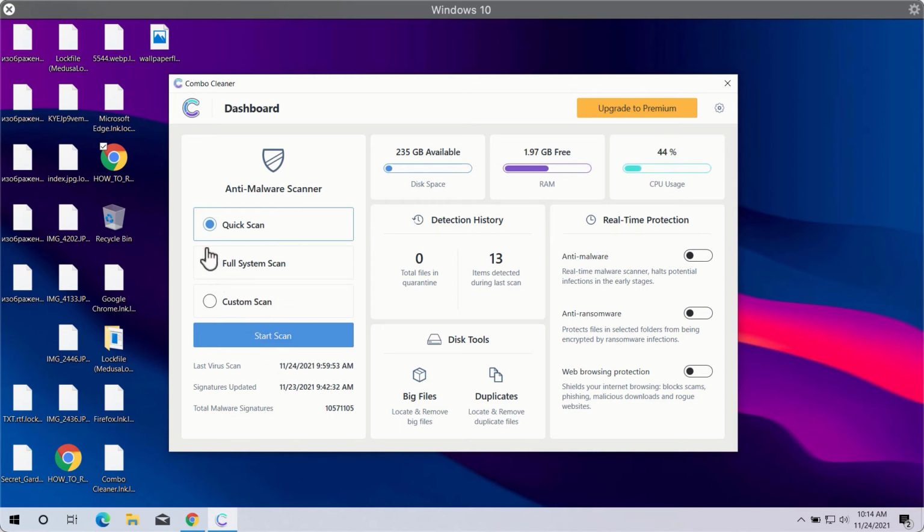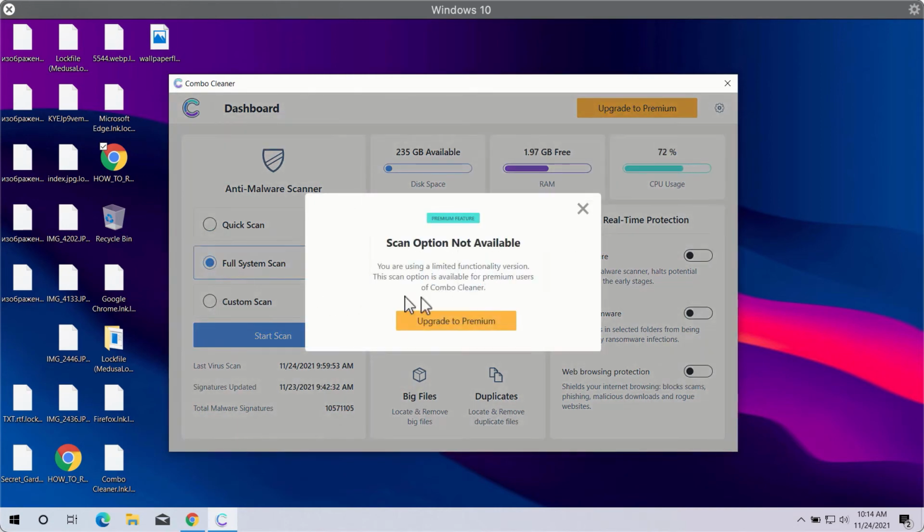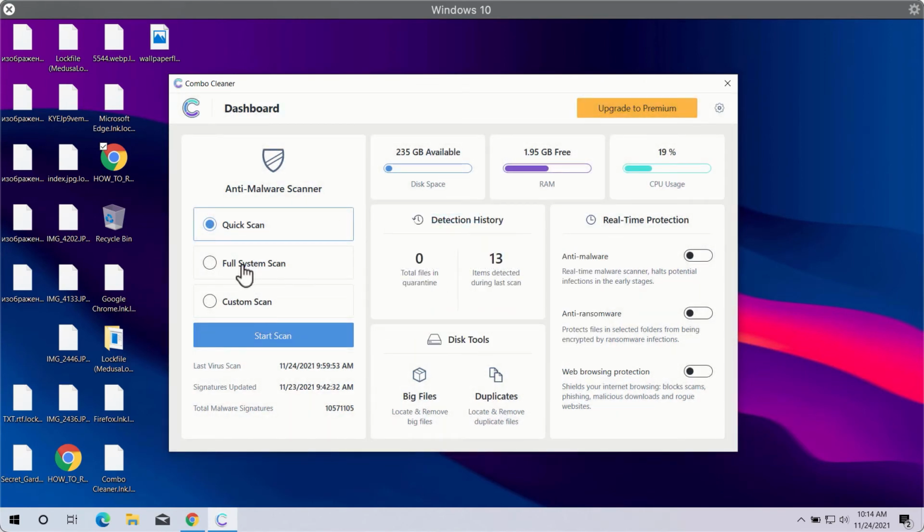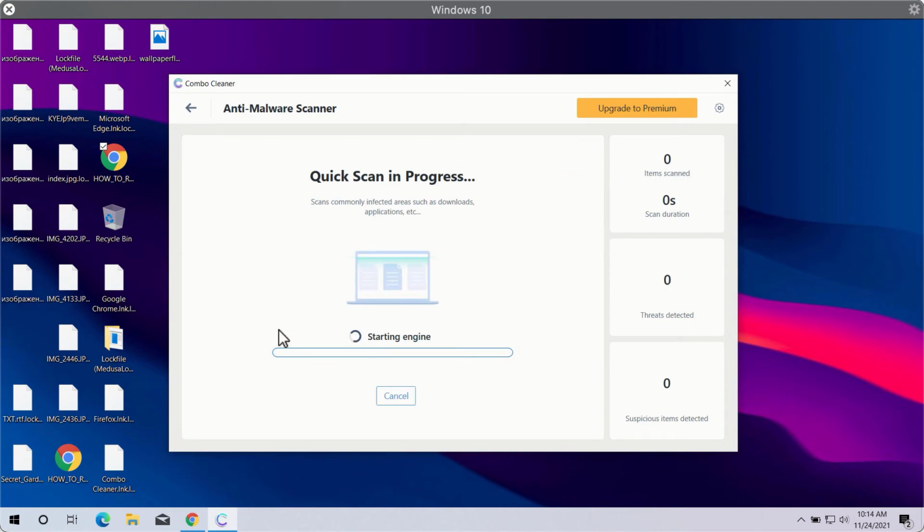Even though the trial mode only gives you the Quick Scan option. Full Scan and Custom Scan are the parts of the premium license. So to use these 2 scan types, the premium license upgrade is required. So click on Start Scan button in order to detect and identify all sorts of malware, ransomware, and other threats